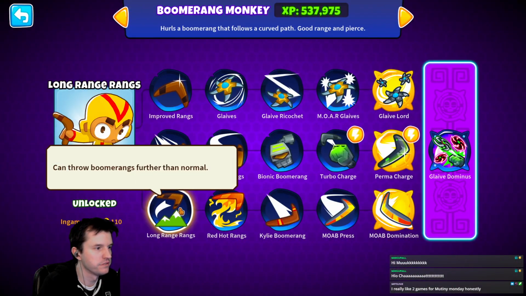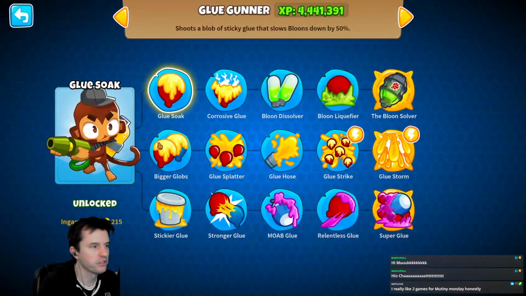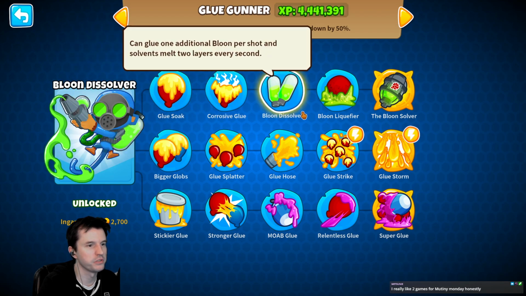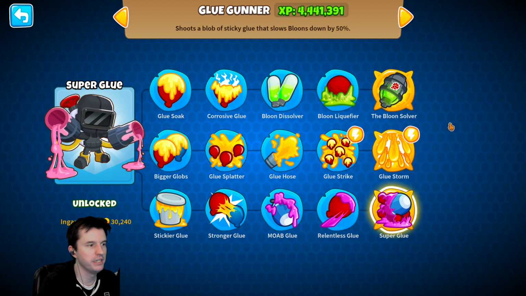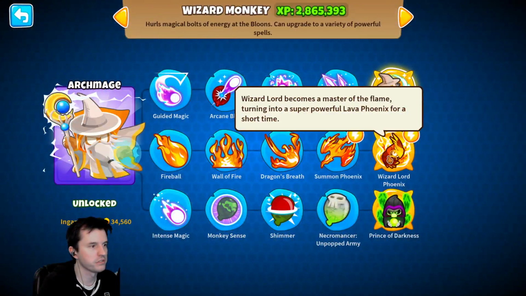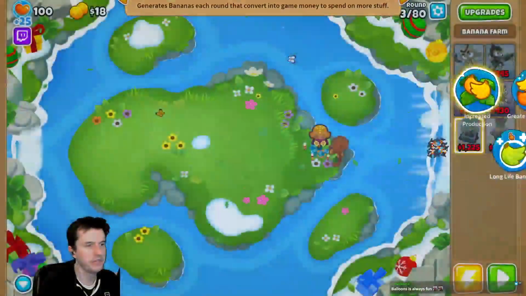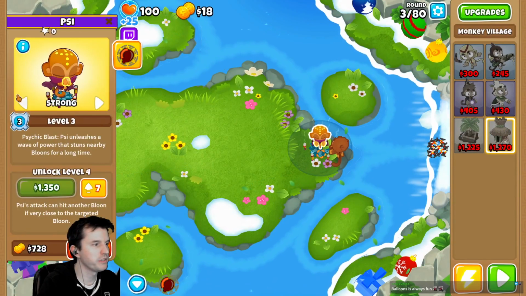Boomerang Hero, which can get glaives and all this other stuff. We have got the Glue Gunner. I'm a big fan of the Glue Gunner. He's fun. At the beginning, he just shoots glue and it slows stuff down, but you could get Corrosive Glue, which eats through stuff, and Glue Storm, which rains glue on the whole map. The Druid, y'all got to see that earlier. The Wizard, which can become a Wizard, a Fire Guy, or a Necromancer. Income building and buff building. Okay, so we always set Sai to target